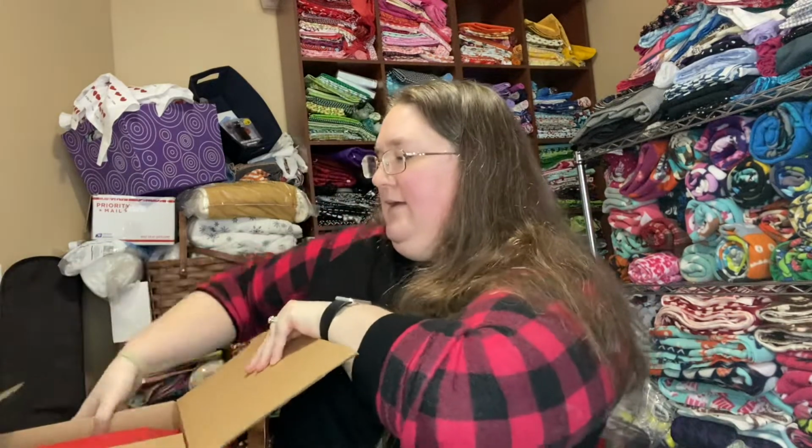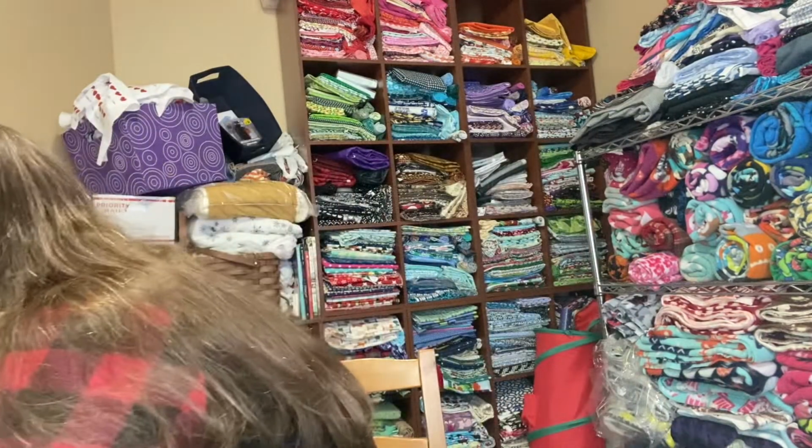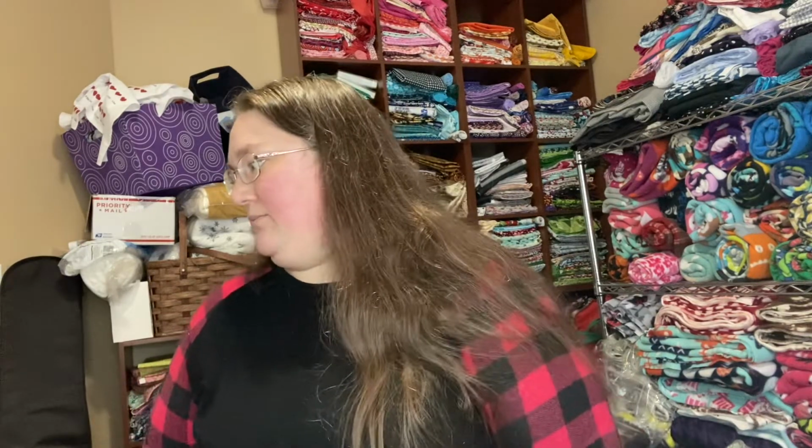Okay, so how I justify making purchases while having an overstuffed stash is every time I finish 10 projects, I get to make a purchase. Projects depend on what it is. Like I bought a bunch of fabric to make my son pants. I'm only going to consider that project done when I finish all of the pants, which is going to end up being like 6 or 7 pairs of pants. But if I make a new to me beanie and it's just a beanie that takes me an afternoon, I do count that as a completed project. So anyway,